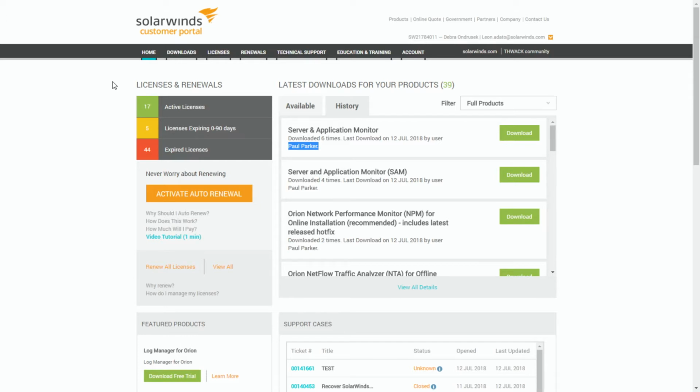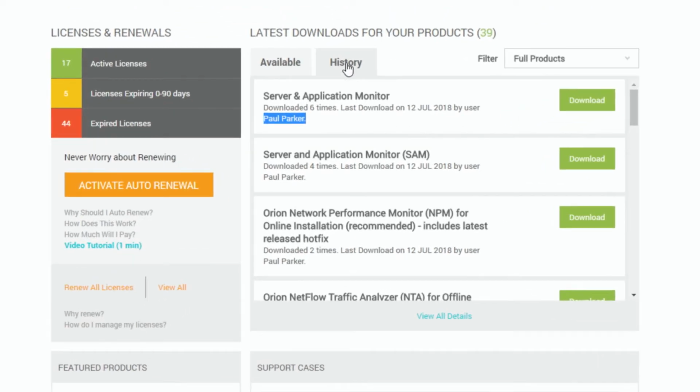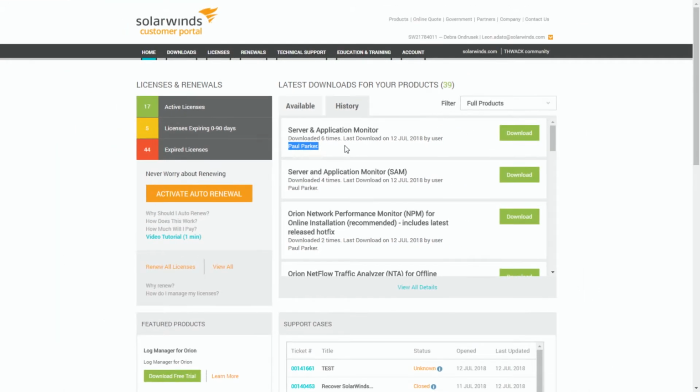But once you're here, I have to mention that there is a history tab. That history tab tells you who downloaded what version, when. It doesn't necessarily tell you when it was installed, but it does tell you who downloaded it. But then you can go into your licenses,